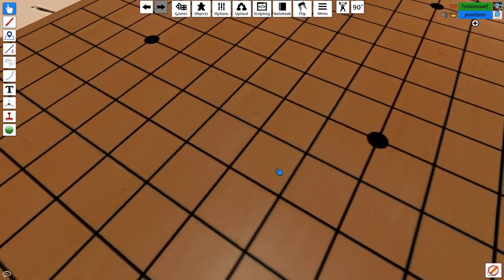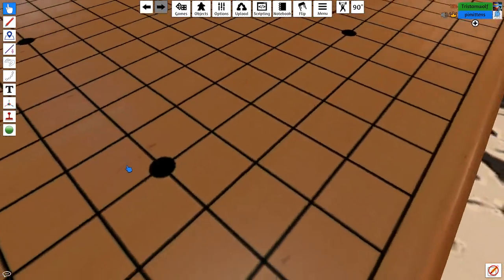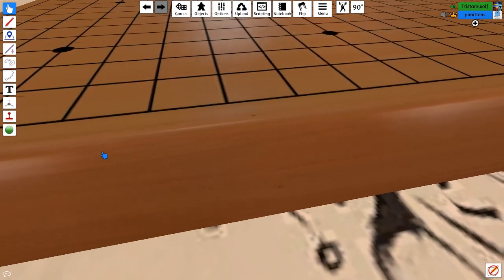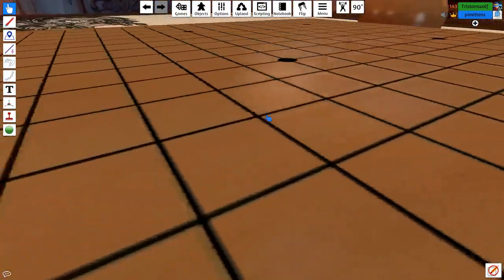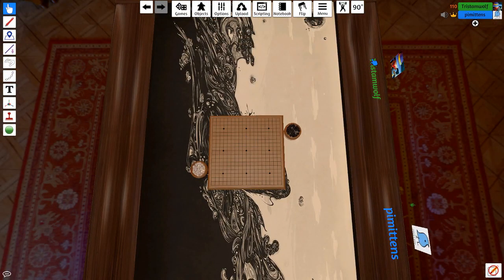I bet they scanned an actual Go board for this. Or maybe they just used a wood texture, I don't know. Probably that, actually. But yeah,